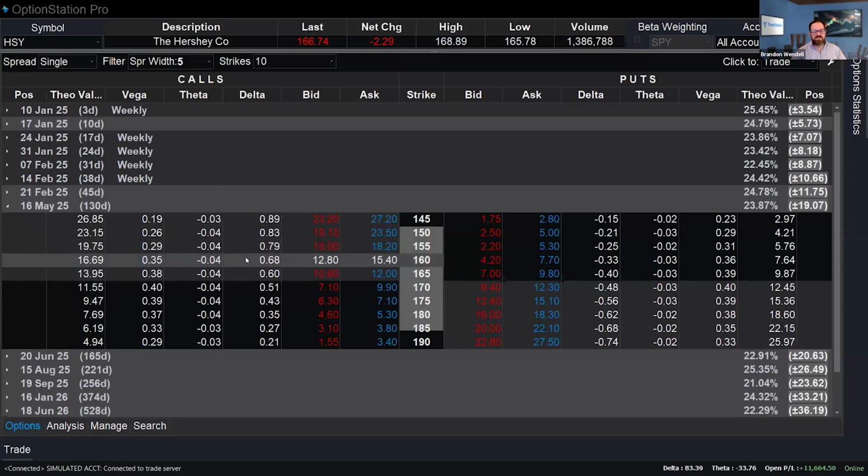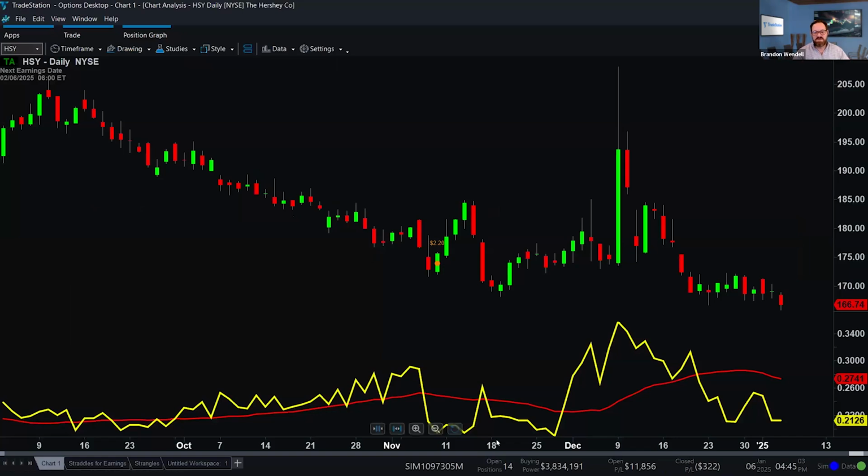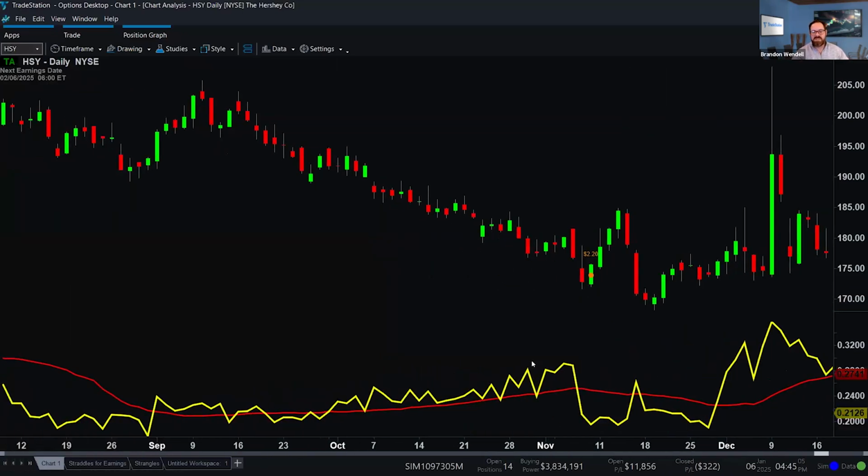Now, if we take a look at price movement, what is the average price move on this? This would require, of course, both types of positions. If we're playing for the volatility to increase, you exit just before the announcement, whenever you get a spike in volatility, or you start to see it start coming down. You don't want to exit too early. It's very easy to do that, but as close as possible to the day of the announcement, you'll gain the most in the volatility. As far as how much price moves after the earnings, this one did nothing until a few days after.